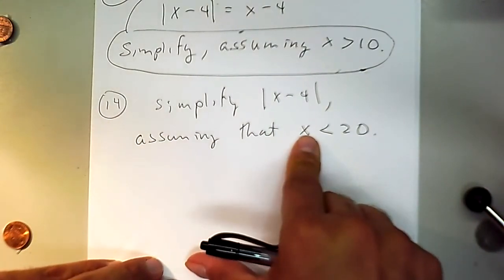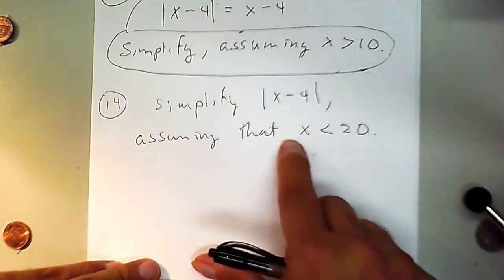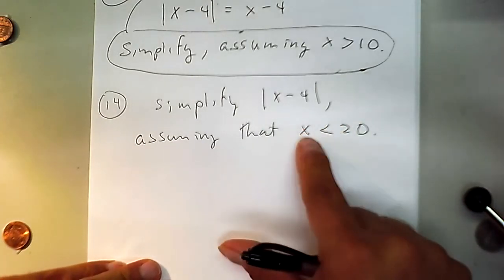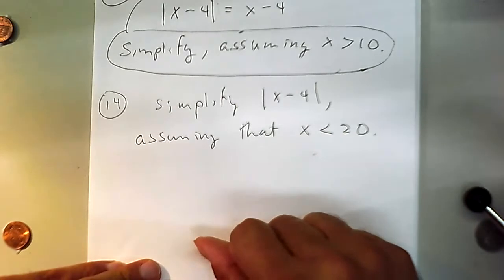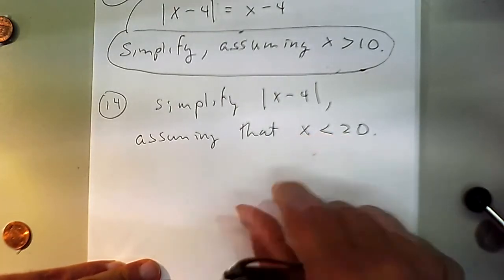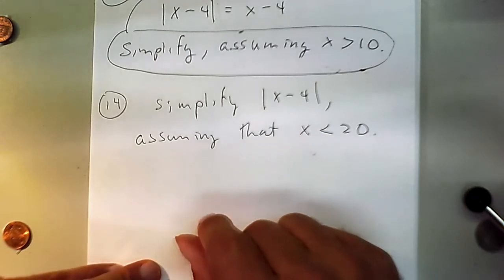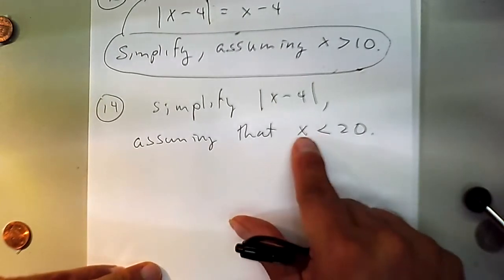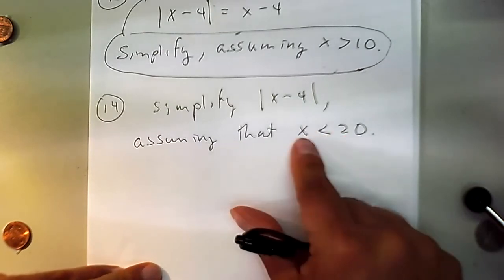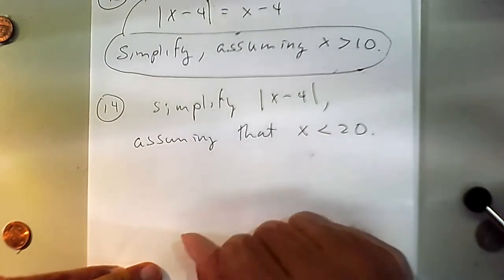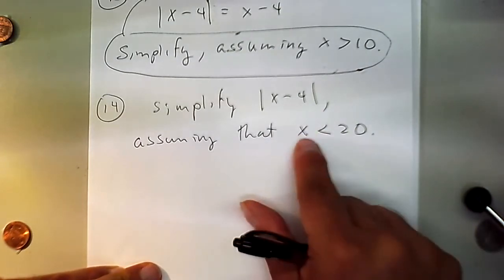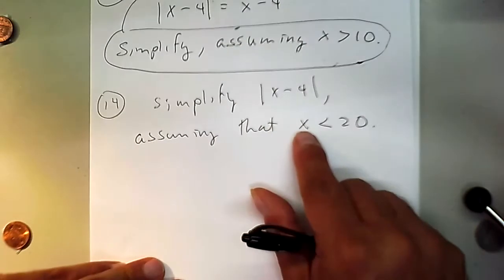How much is X? We don't know. However, we do have partial information about X. We know that X is less than 20. So if X was a person and 20 was the age, we know this person cannot have alcohol because it's less than 20. So who's this person? We don't know. But we know that this person is underage for alcohol purposes. That's just a silly example I came up with.